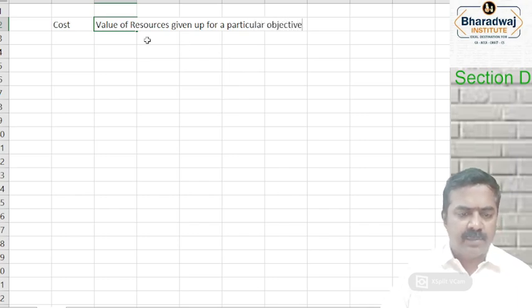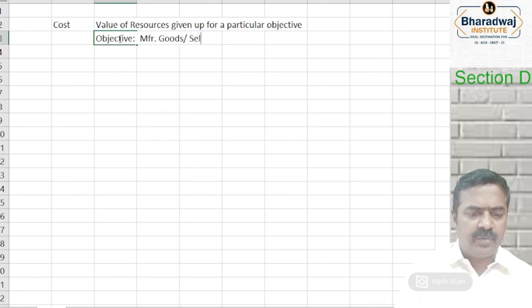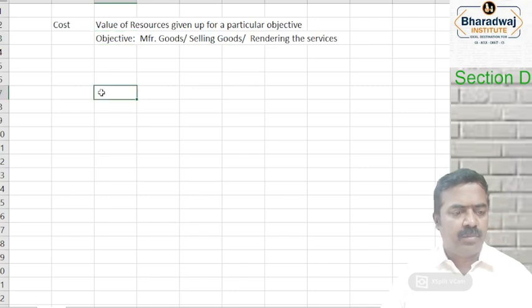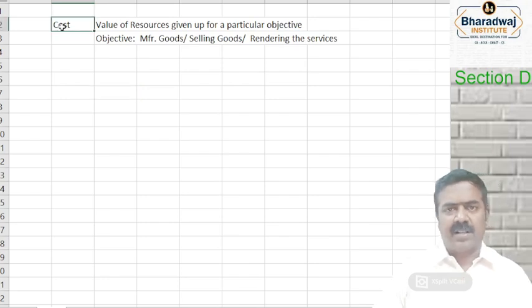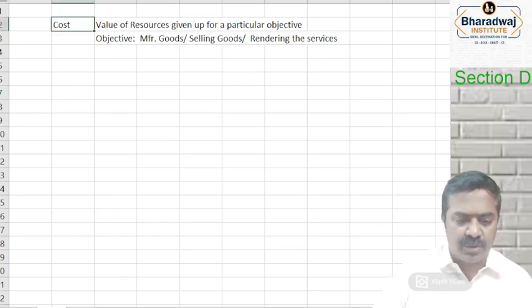What is the objective? Objective may be manufacturing goods, or it may be for the purpose of selling the goods, or for the purpose of rendering the services. It has more to do with cost than with which one? Expenses. Expenses are nothing but amount spent, that is historical, but cost is nothing but today's value of resources. Whatever is the value of resources given up for a particular objective, that is what we have seen in the